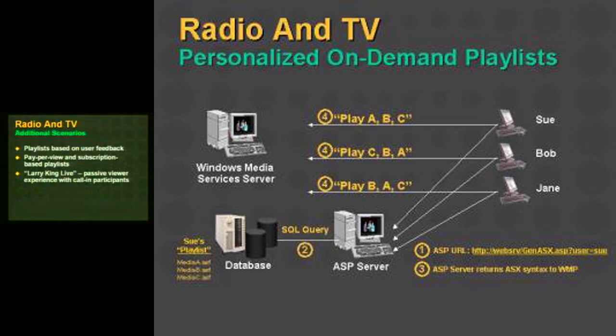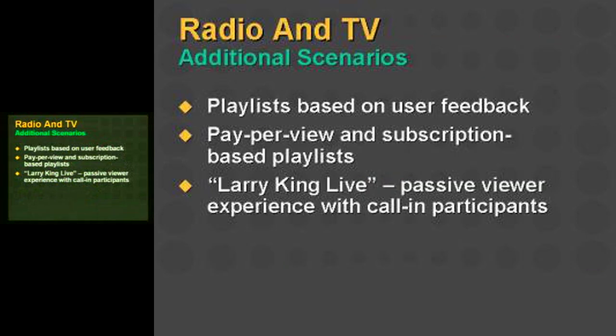If you look at other additional radio and TV style scenarios, as I mentioned, there's user feedback that we incorporated into it to change the experience. There's also lots of pay-per-view and subscription-based playlists that ICPs, content providers, are popping up that will charge you for a particular quality of the stream, where because you're paying so much per month, you're going to get a higher level 200 to 300 kilobit stream versus a lower quality stream, or you're just going to get different content altogether. And you can tie that in with the service capability that they're doing authentication and billing